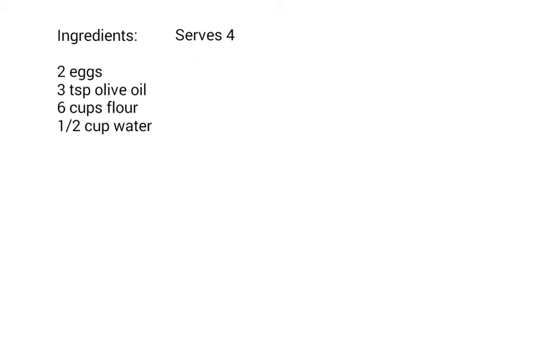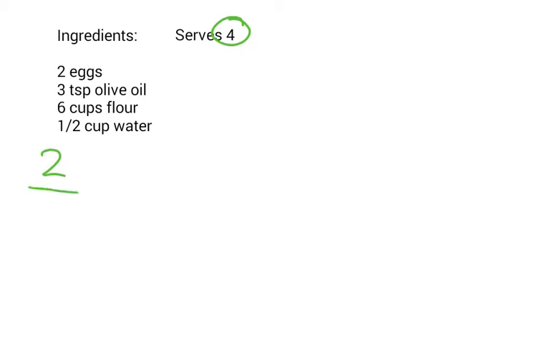Here we've got ingredients for a recipe which serves 4 people. If we wanted the recipe to serve 2 people instead, we'd have to scale the recipe down, keeping all the ingredients in proportion. 2 is half of 4, which means if we wanted to serve 2 people, we'd have to